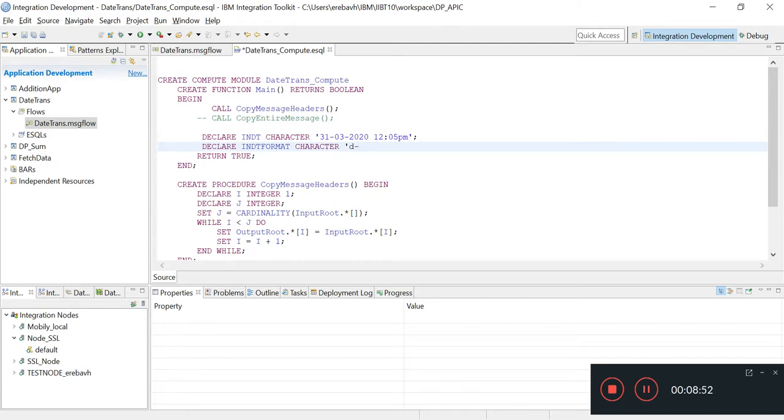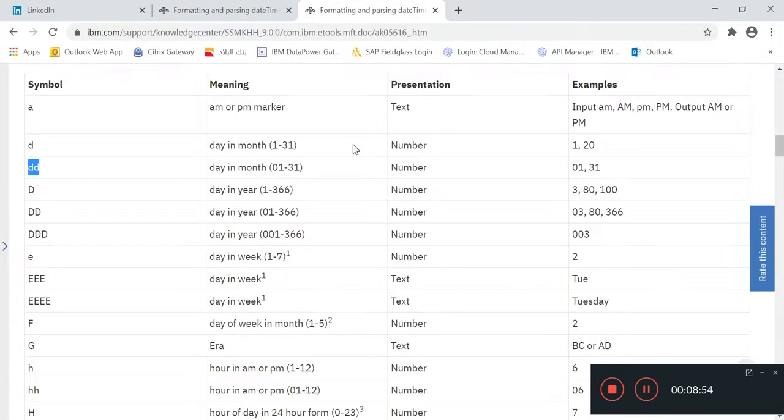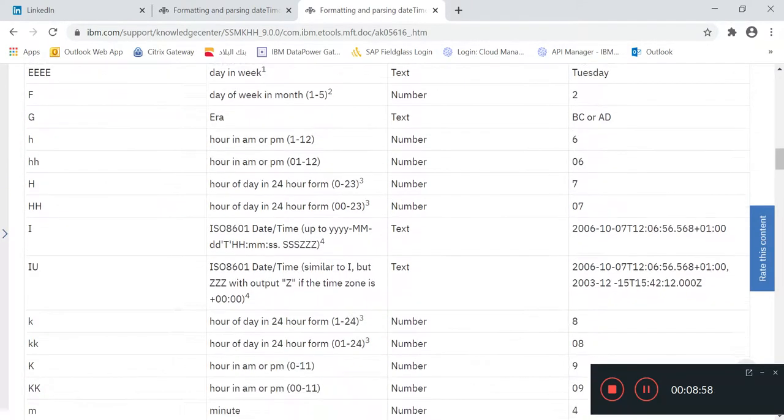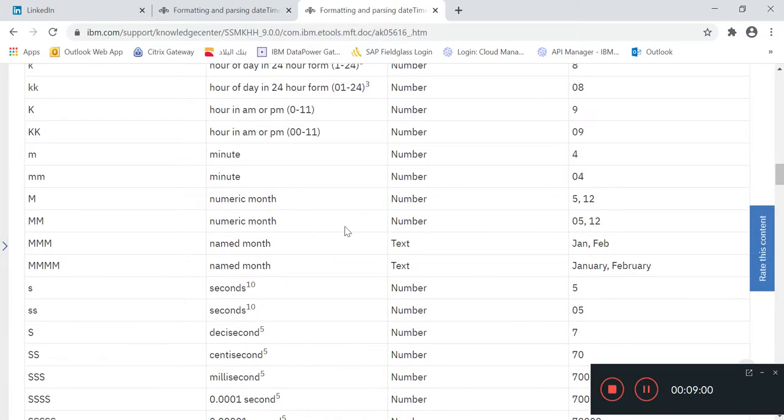And for month, you can see here numeric month is 5 to 12, this is without zero and this is with zero.